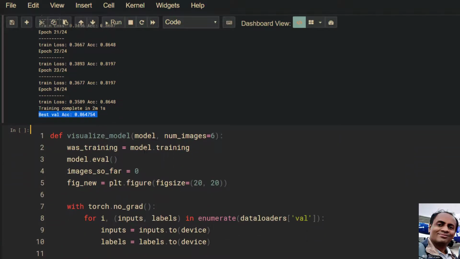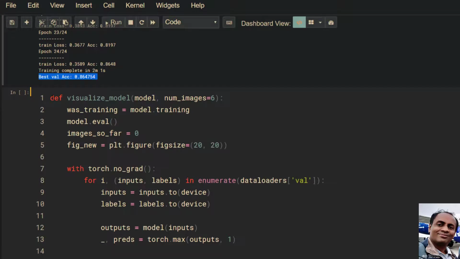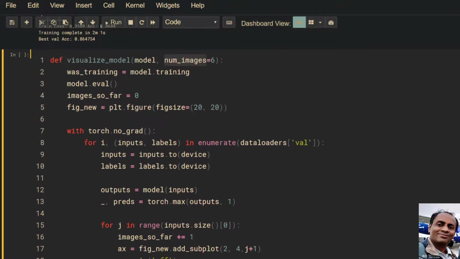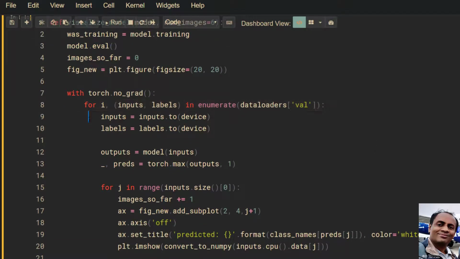Here is a small function to print the images. This function, visualize model, takes the model and the number of images. It goes through the validation data set and gets the images batch by batch, and passes them through the network.